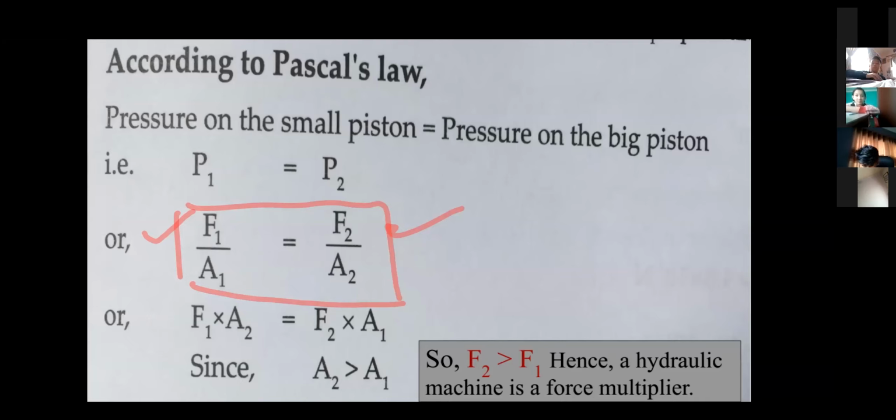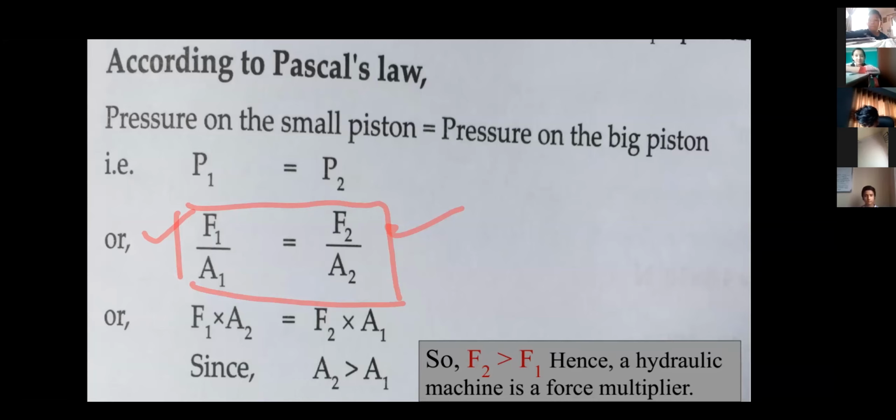F1 upon A1 equal F2 upon A2. If we know the area of the cylinders and the force applied, then we can easily calculate the force exerted on the large piston. हामीलाई A1, A2 थाहा छ, F1 थाहा छ भने हामीले F2 सजिलै सिधै निकाल्न सक्छौं। So this step is the formula given by Pascal's law।